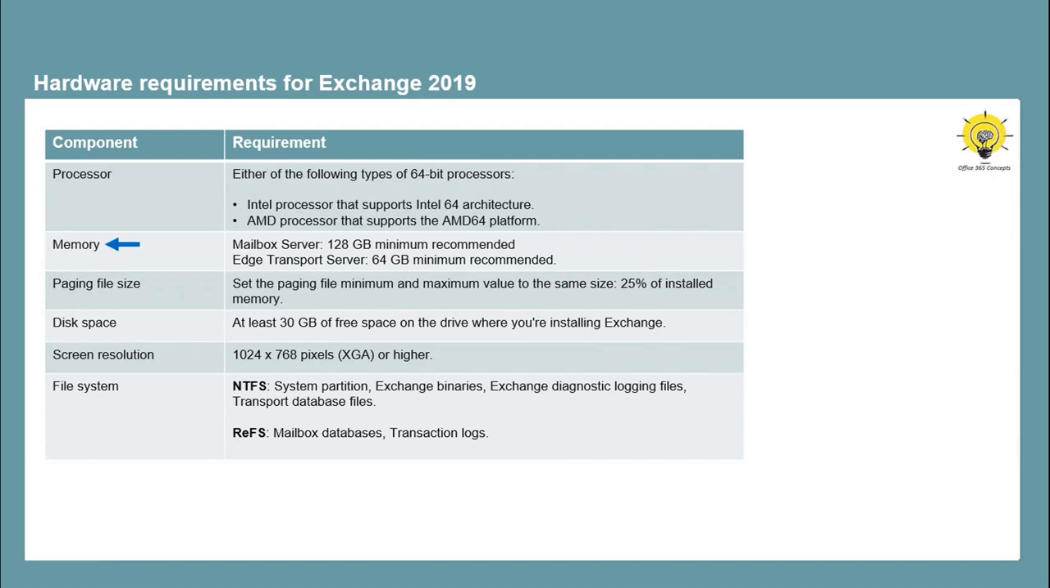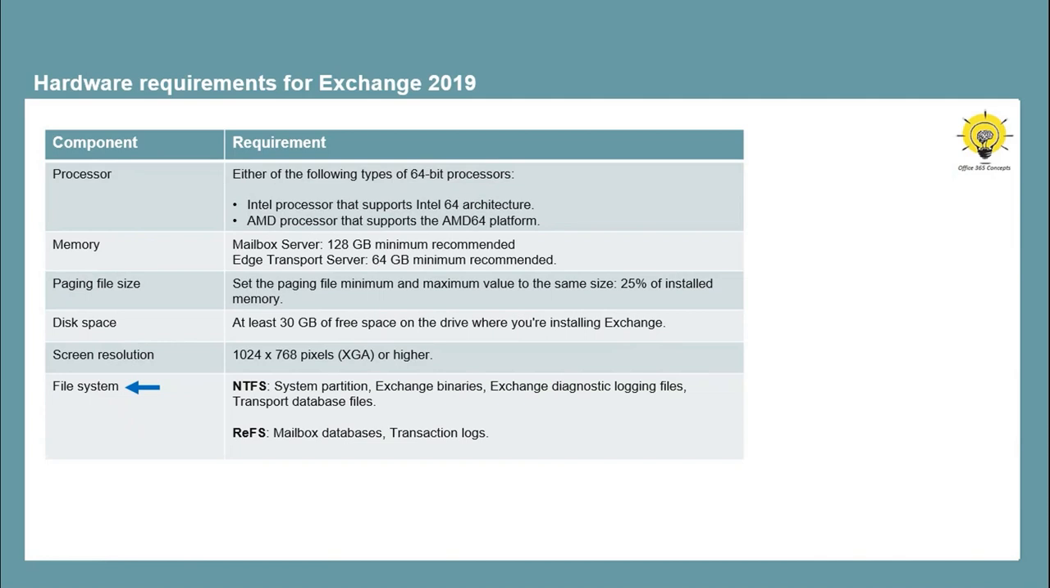Microsoft recommends to set the paging file minimum and maximum value to the same size, and that is 25% of installed memory. You need to make sure that you have enough free disk space available on the server. You can see the screen resolution that is recommended for better management of Exchange Server from GUI and from PowerShell. You can also set the file system for the data storage on the Windows Server where you will be installing Exchange 2019. You can create NTFS partition where Exchange binaries will be stored and